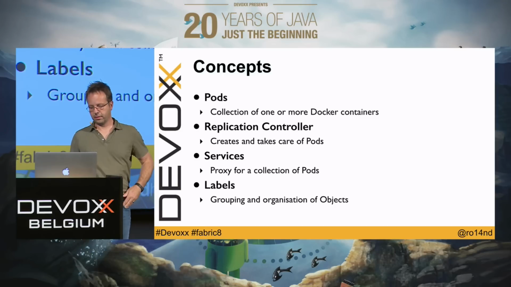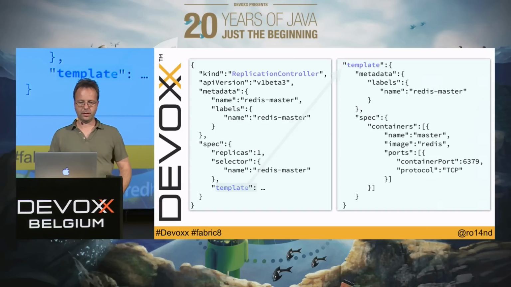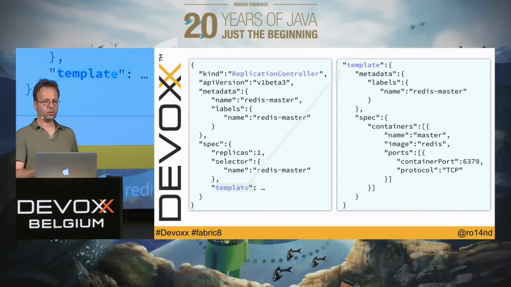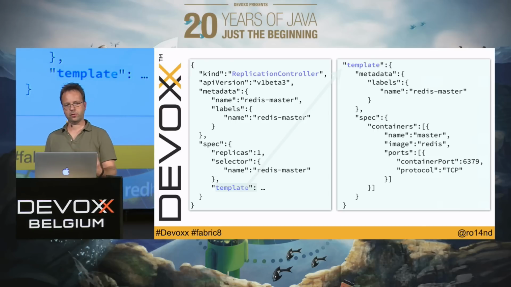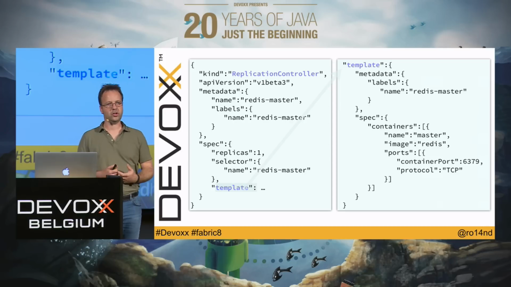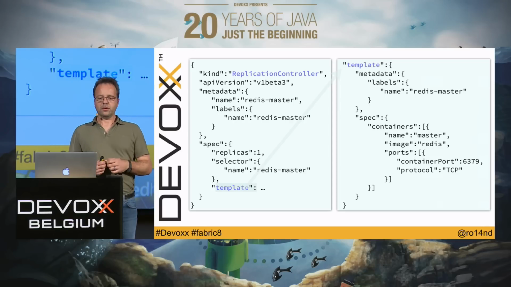Okay, these are the Kubernetes concepts, but again, it's really only a crash course. There are better people to learn Kubernetes from, but what I want to show is how these Kubernetes objects are typically specified. There are two variants. You can do it in JSON or you can do it in YAML. Here's a JSON example. You see it's quite verbose.